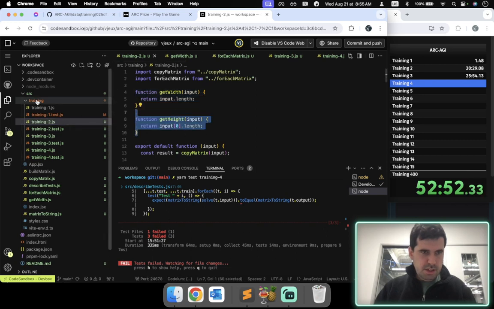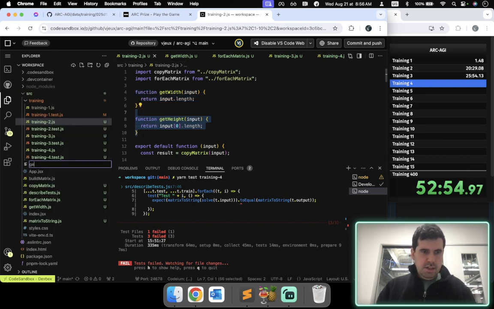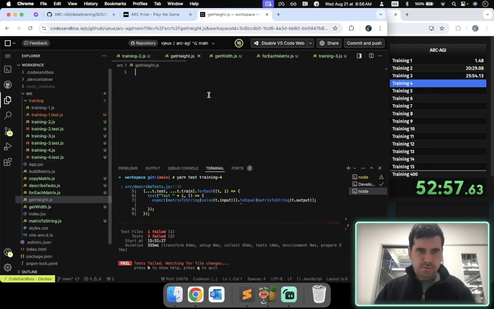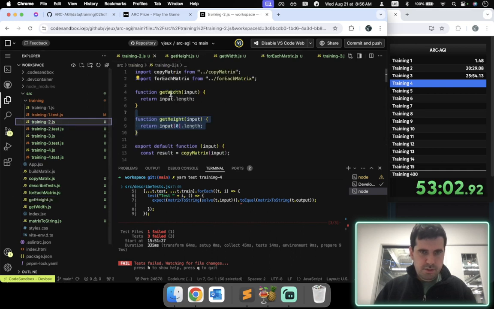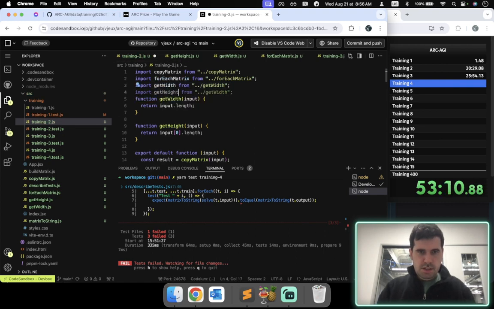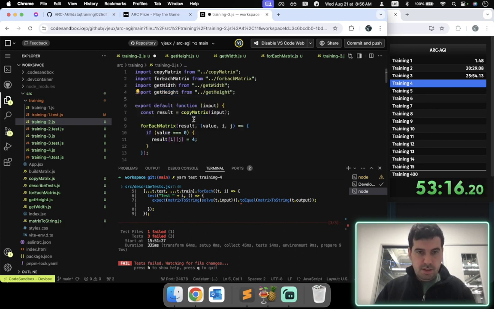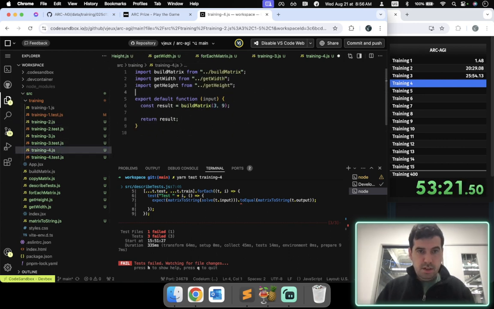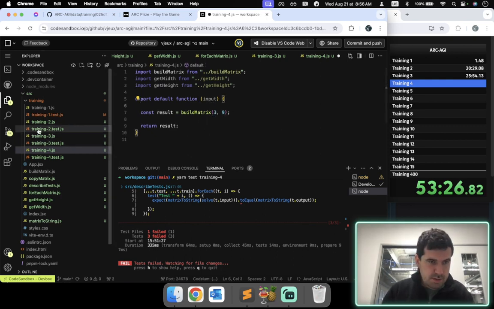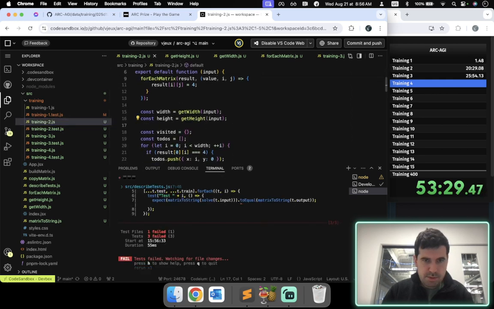And get height. Export default function get height. Okay. So this is going to be import get width, and it's going to be get height. Oops. Okay, perfect. So now I'm using this. And so in 2 I had